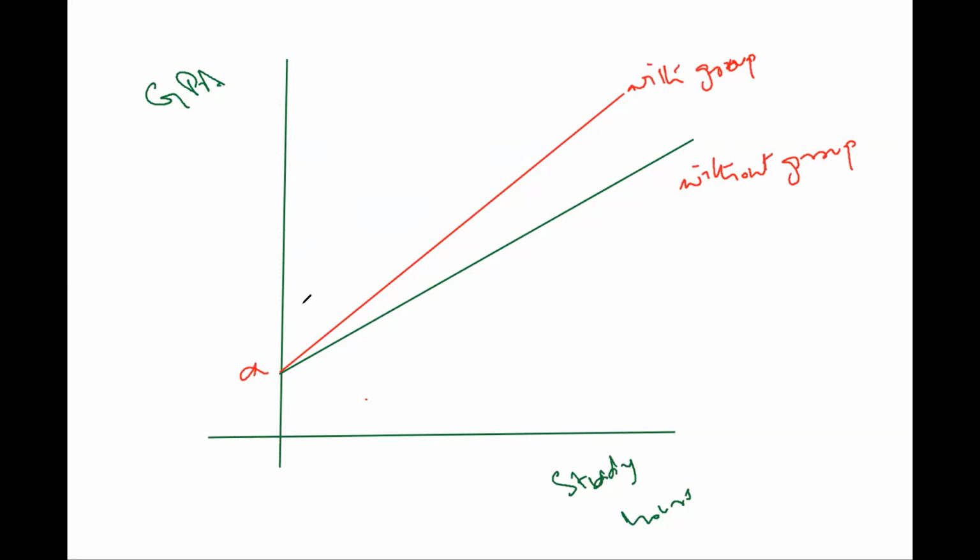So the intercept value is the same because all other variables are similar. What it is showing is that at particular study hours, a student who is studying alone tends to have this much GPA. Let's call it YA. And the student who is studying in a group tends to have a higher GPA. Why? Because they are studying together, so they cover more syllabus by discussion and synthesizing the write-up and